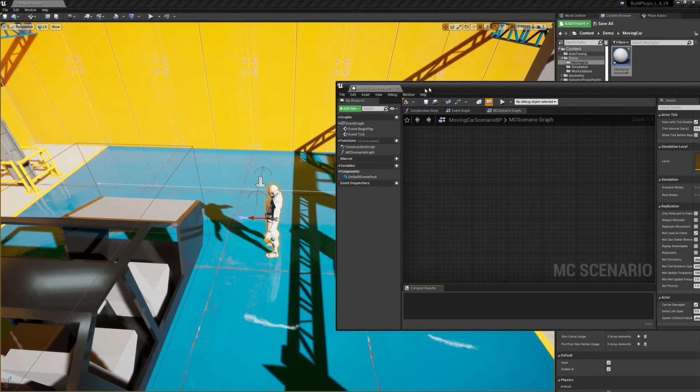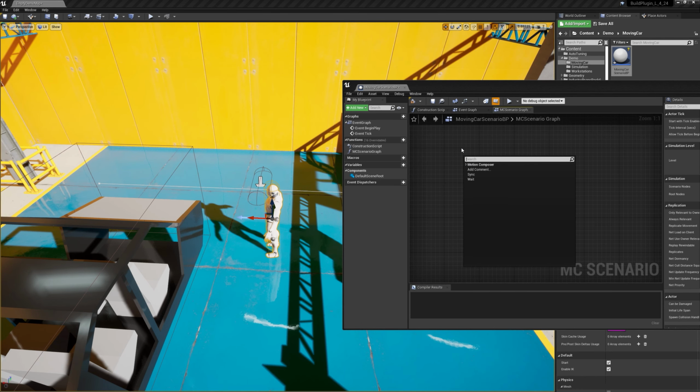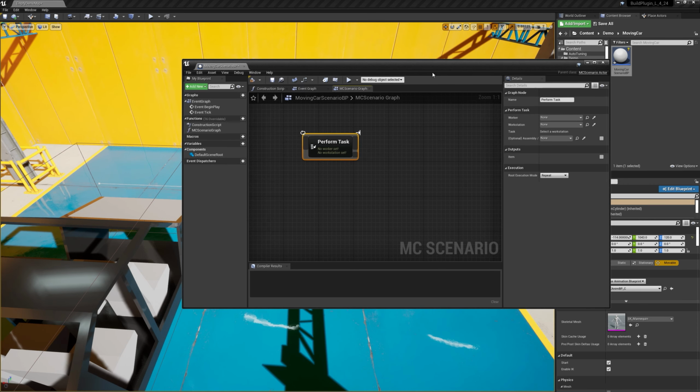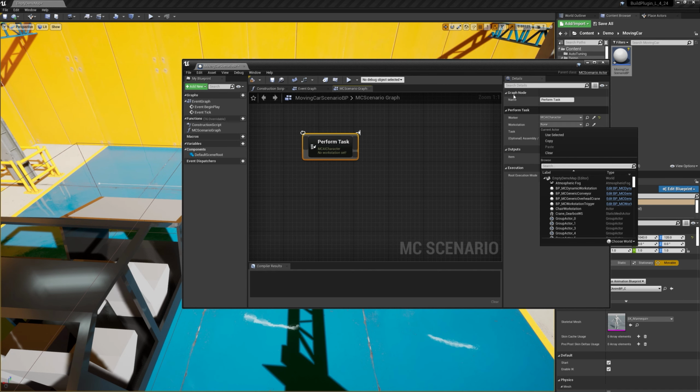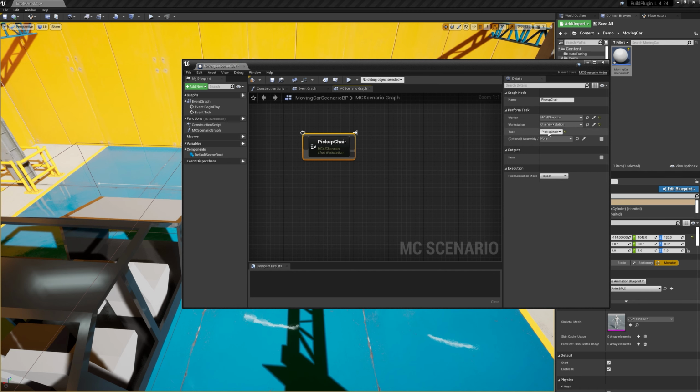Now we're going to set up our simulation here. So first we want our character to perform a task of pickup from the chair workstation. So which worker do we want to work on? Which is, we just called it MC AI character. You can rename it if you would like. And then the workstation that we want to work on, we call it chair workstation. And then the task pickup chair got automatically selected because that was the only